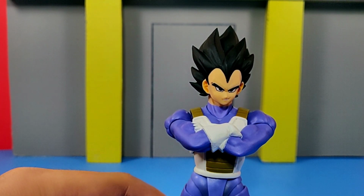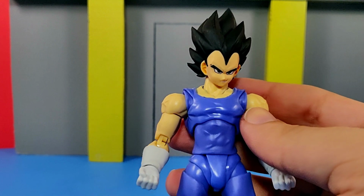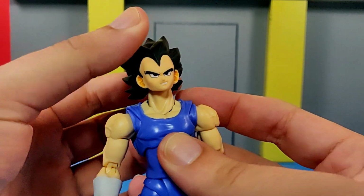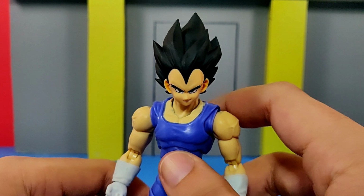But other bodies that this Vegeta head can fit on is the Majin Vegeta body. Now, when it comes to this body, of course, it's going to naturally fit. This is how we sort of saw, remember, Vegeta in the Buu Saga, usually being in his base form and not when he's in the Majin form. But, like, yeah, I do think it actually works on here just as well. I mean, it is going to be the same exact ball peg,